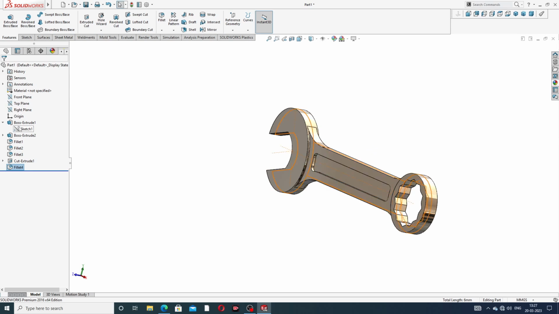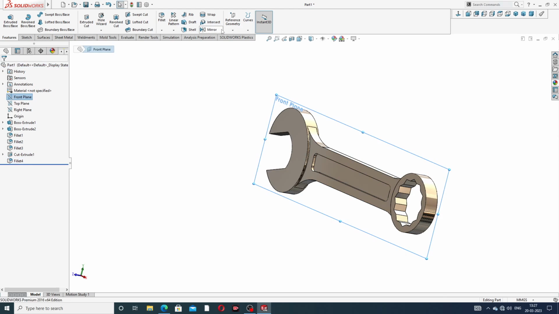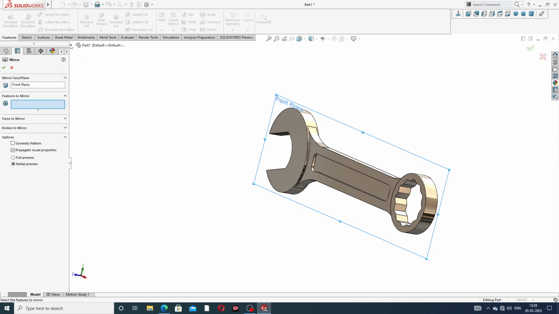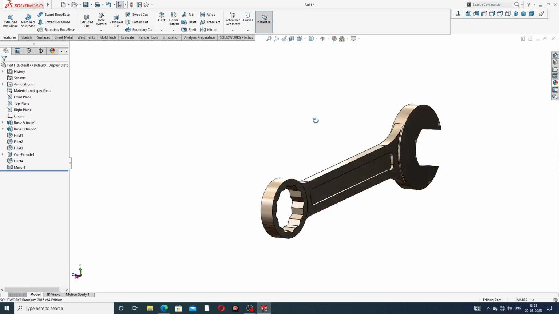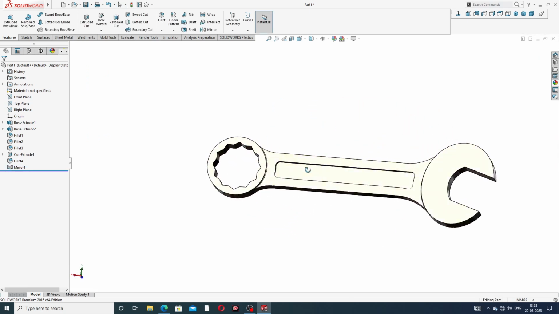and again select the front plane, and front plane is this, and use mirror, and mirror: select here this cutout and fillet, both are selected here, and one by one press the control button, and at first select the cut extrude and then fillet, click OK. This side is same, cutout is